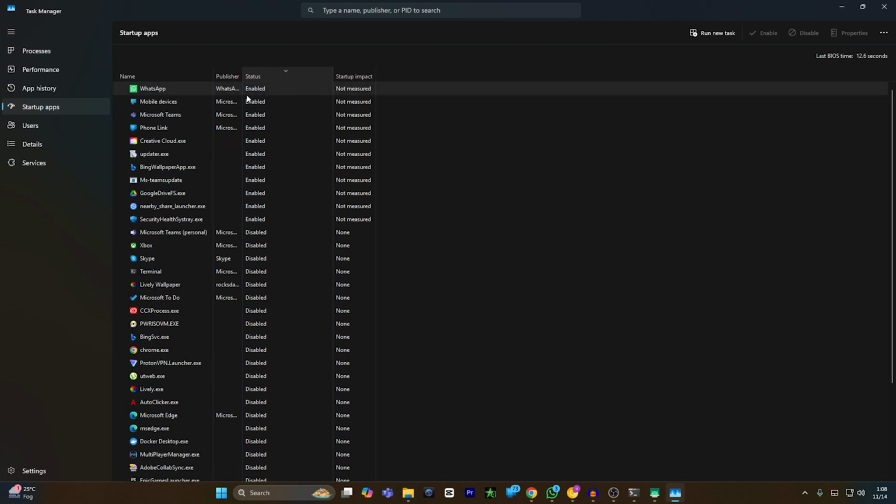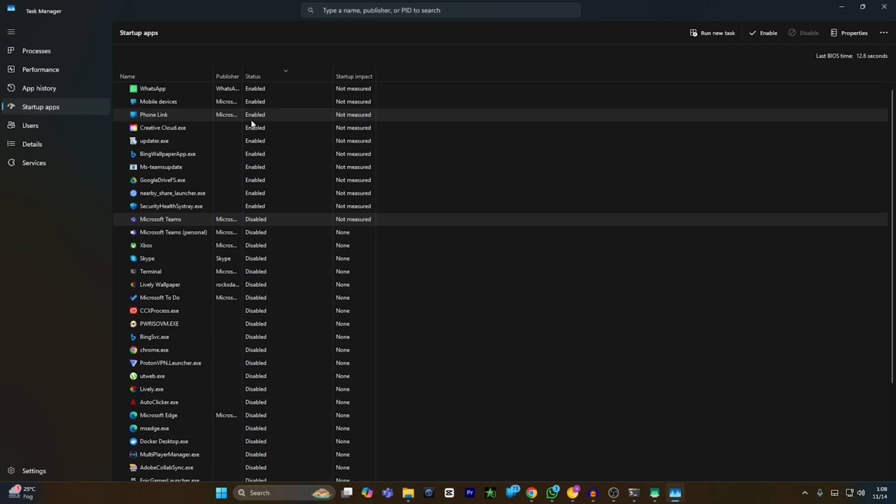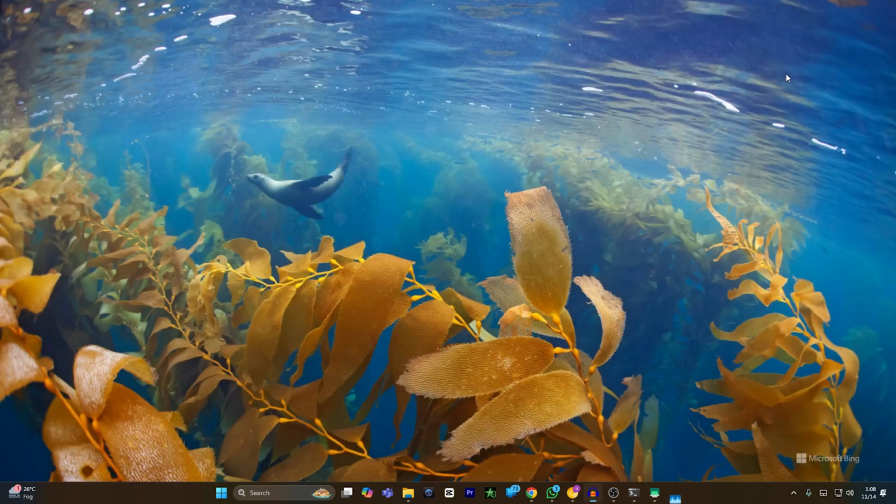So you have to disable all of the applications that are enabled by default. For example, I want to disable Microsoft Teams. You have to disable all of the applications that you don't want to enable whenever your Windows starts. Once you disable all the unnecessary apps, close the window and click on the Windows button